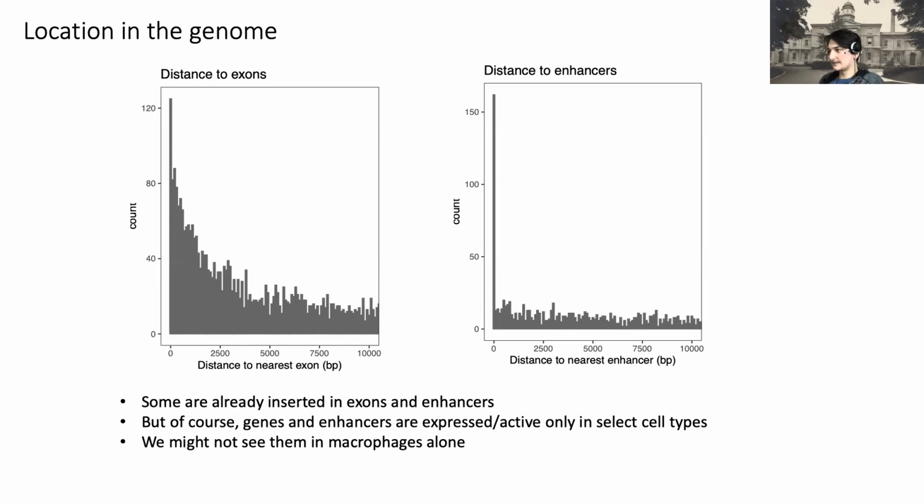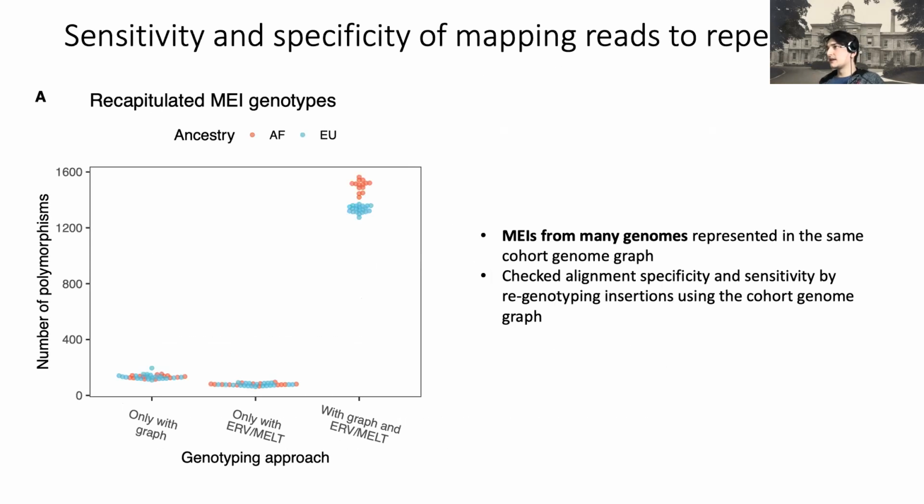In our analysis, when we go on, because I wanted to make sure that I'm doing a good job, and because we know that these sequences are repeats, so there are many copies of these sequences across the genome, I want to make sure that when I'm mapping reads, I do it with sufficient specificity, and I also don't lose any sensitivity. So the way to do this was basically through a regenotyping experiment, where I used this reference